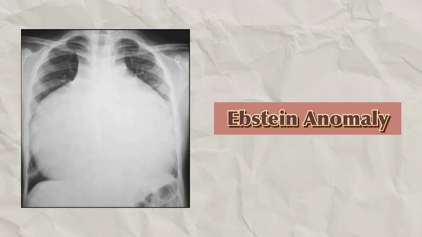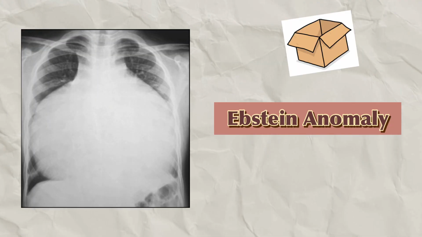So now let's move on to the next X-ray. This is a plain chest X-ray of a child taken in the anterior-posterior view. The film appears to be adequately exposed and centered. On assessing the cardiac size, the heart appears markedly enlarged, mainly due to a hugely dilated right atrium. Looking closely at the cardiac contours, there is a prominent right atrial border, giving the characteristic box-shaped appearance.